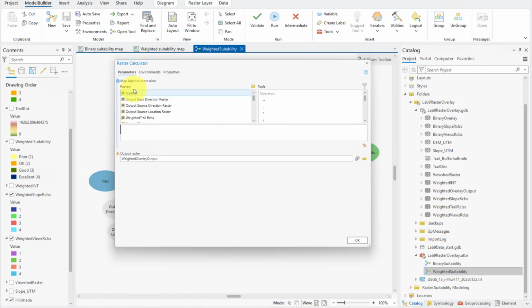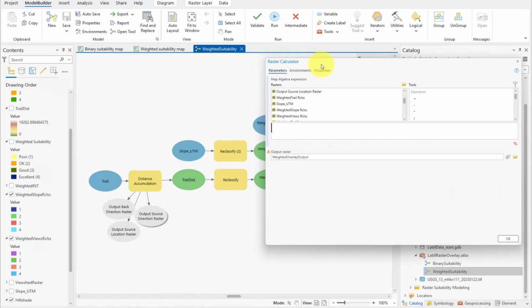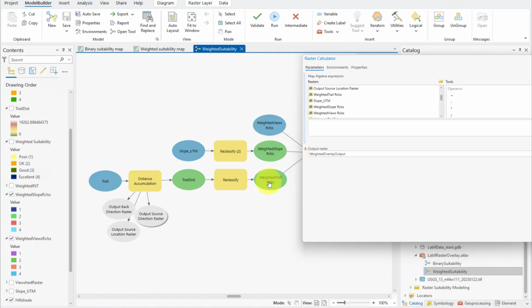what you need to do is look in the raster list up top. Notice how we have two different icons. This one right here represents the layers that are already in the model. So these are the 3 layers that are in the model. That's what we want to use. If you scroll down, look at this icon, it's just a yellow box. These are the ones that are coming from the map. If you double click on this, it will point to the one in the map. We want to use the ones that are already in the model. So we want to start by just clicking the 3 layers that need to go into the formula, and then